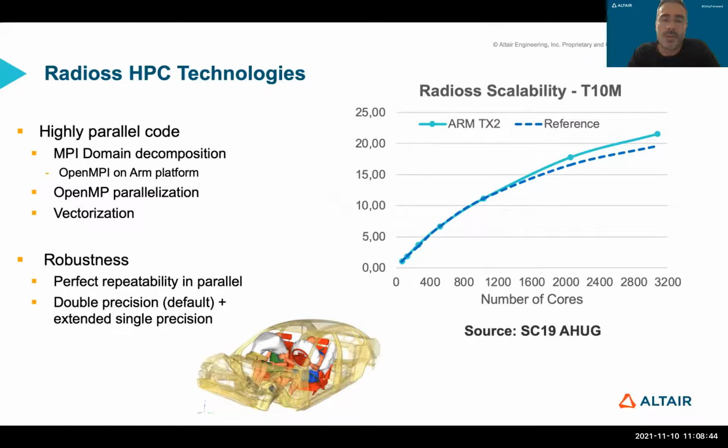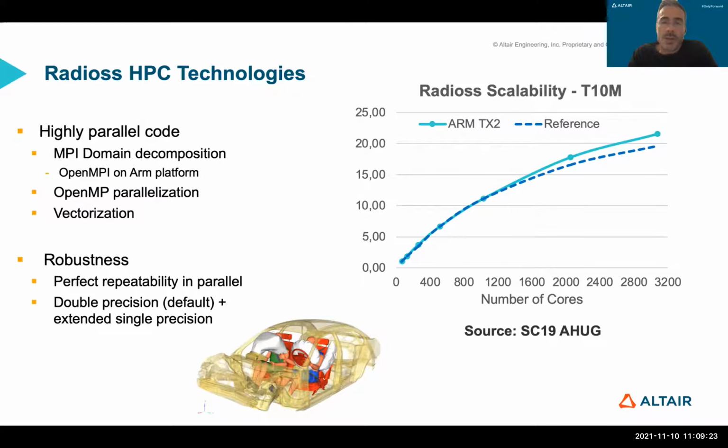In fact, Radioss at the beginning was designed to be very efficient on a vector supercomputer. So it's good to see that technologies that were at the inception of Radioss are having a revival today, with AVX-512 and SVE. We see that more and more we need very well vectorized code. It's important to maximize performance. One point is that on ARM, the MPI library that we use is OpenMPI.